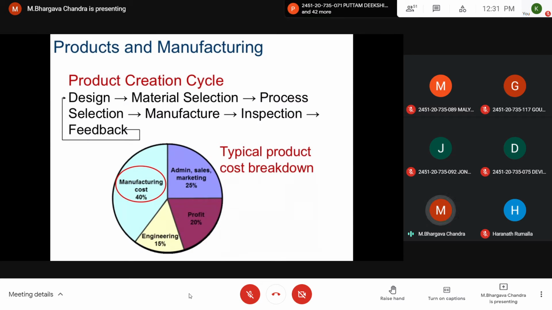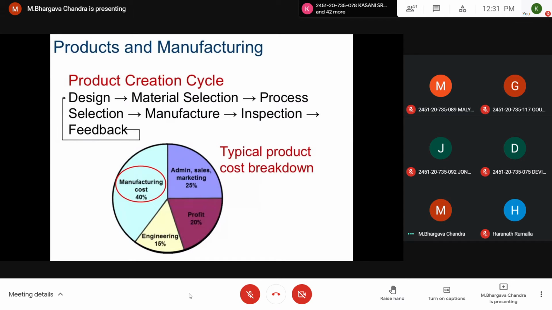Say for a car costing 10 lakhs, a share of the cost is mainly for engineering, designing, drafting and modeling, where the basic model and design are created.